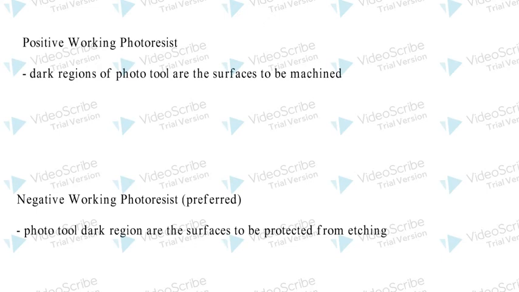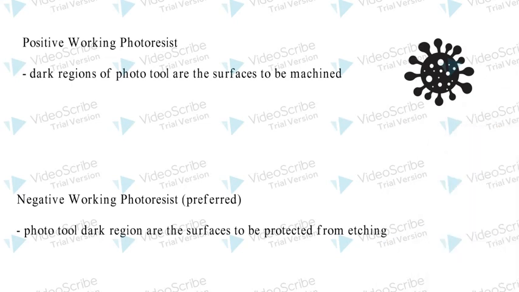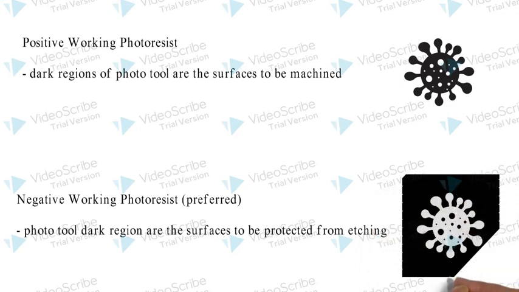So let us take a very familiar example. If I want to engrave a virus pattern deep inside my silicon substrate and I am using a positive photoresist material, the image will look like this. So that the black part will be machined deep inside the substrate by etching. If I am using a negative photoresist material, the pattern or the mask will look like this. So that the white part of this virus will be engraved deep inside my substrate and the other part will protrude out.